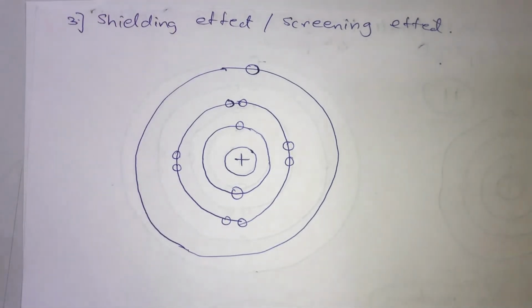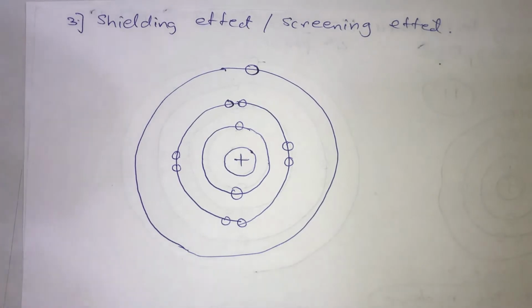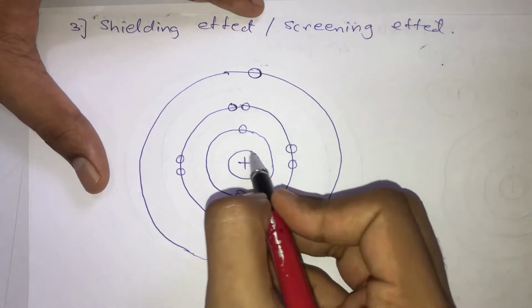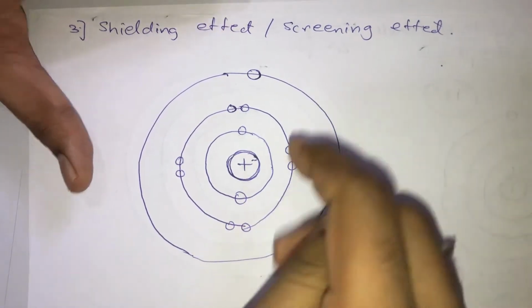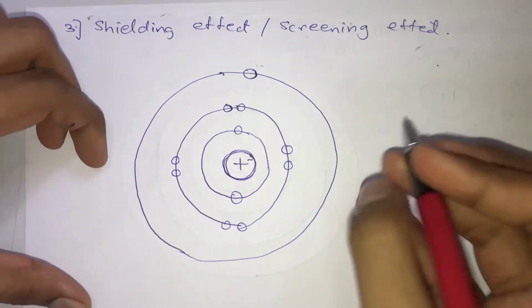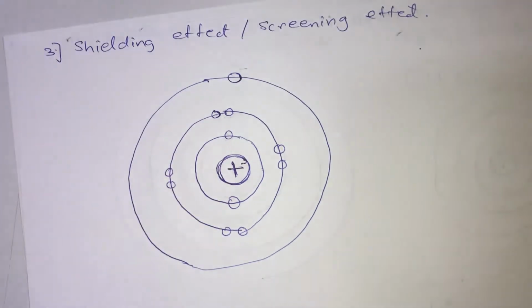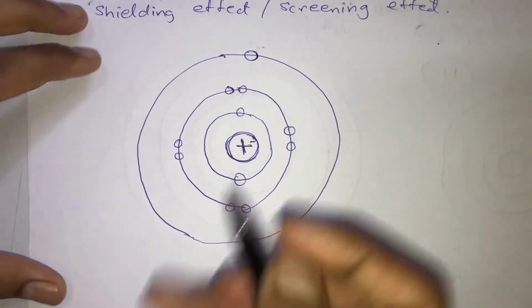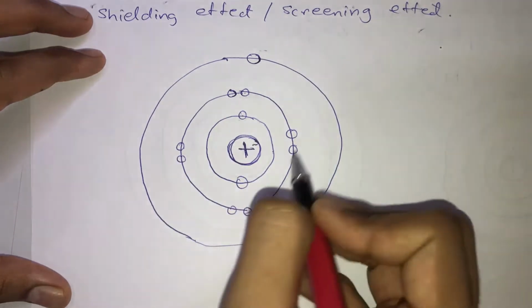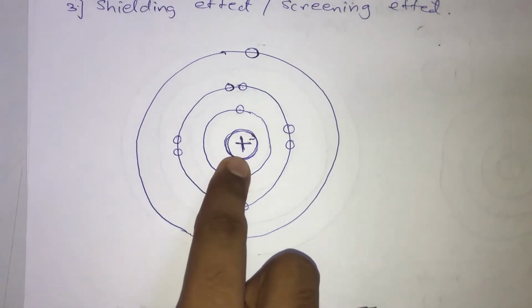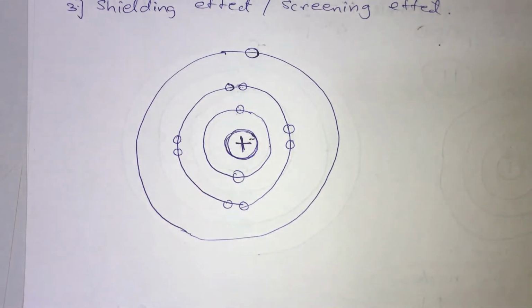Okay. Now what happens in the shielding effect is that, let's understand that. See, this nuclear charge which is present on this nucleus, can I say that this nuclear charge is positively charged? Am I right? This nucleus is positively charged and these electrons are negatively charged. Now since the nucleus is positively charged and the electrons are negatively charged, and as we all know, opposite charges are going to attract each other.